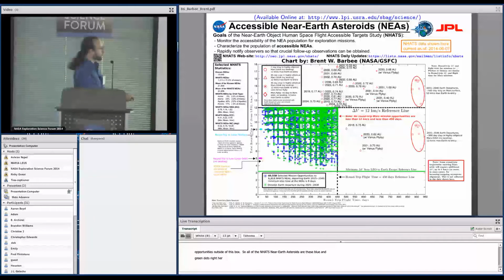And this green reference line shows the minimum delta V to just barely break out of low Earth orbit. So your delta V to go visit an asteroid in its native heliocentric orbit will never be any lower than this green line. And so the other points of reference on this chart have to do with the Moon and